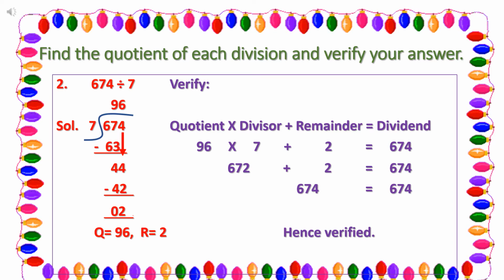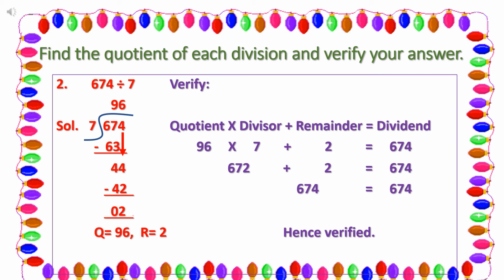Now 67 tens divided by 7 is equal to 9 tens and the remainder will be 4 because 7 nines are 63. So we will write 63 under 67. And also we will write 9 as quotient in tens place. We will not write 9 in hundreds place. We will write 9 in tens place. 7 के बिल्कुल ऊपर आएगा 9. 6 के ऊपर नहीं लिखना है. Right? Now 67 minus 63 is equal to 4.